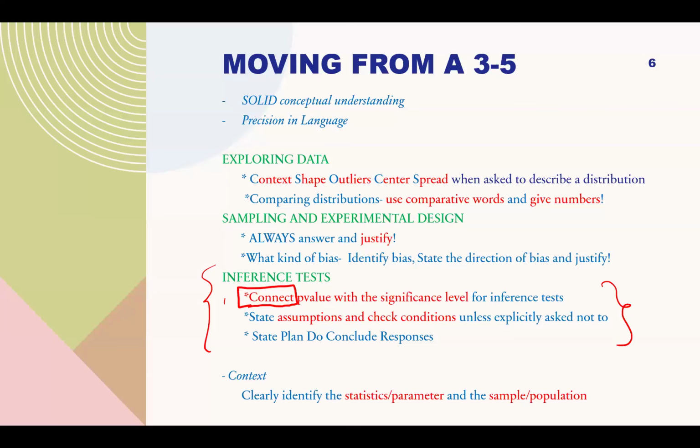So context is really important. I always try to say that when you're writing your answer, anybody, they don't have to be a stat student, should be able to read your answer. Maybe they can't follow the formula because they don't know it, but they should be able to read your answer and know what the question was. That's where context plays a big role in being thorough.